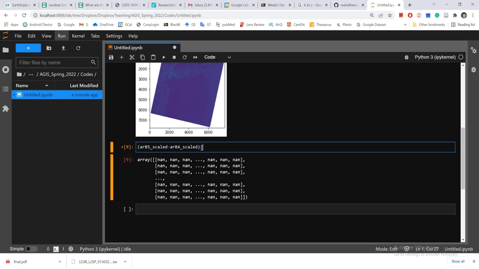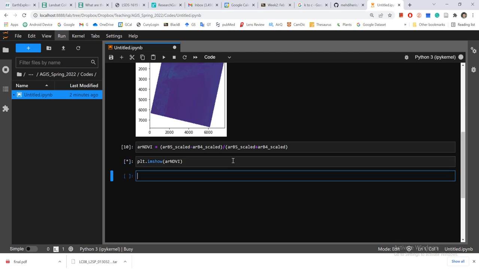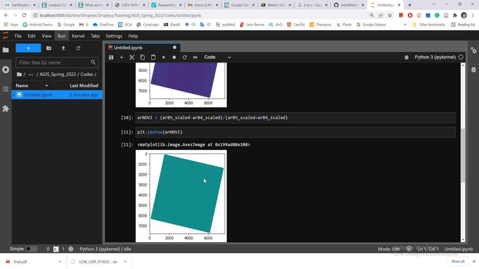So in NDVI, you know that you need to do something like this, plus. Because band 5 minus 4, over 5 plus 4, and I'm going to call this NDVI, or array of NDVI equals this one. That's done. plt.imshow of NDVI. So as simple as that, I calculated, apparently not,